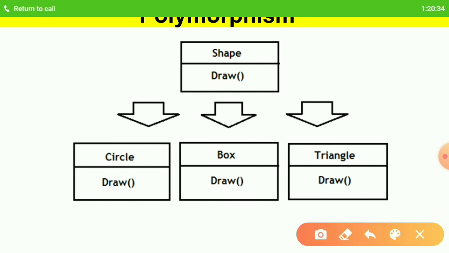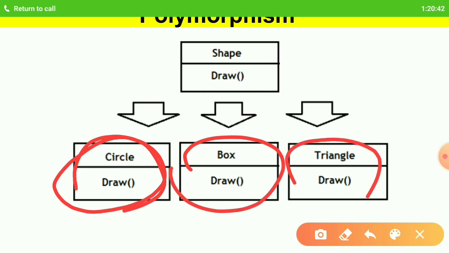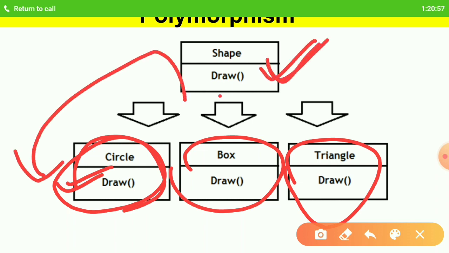Earlier when I explained inheritance, I told you that the derived classes will have their unique features defined inside them, and all the general behaviors present inside the base class are already inherited by default in the derived classes.